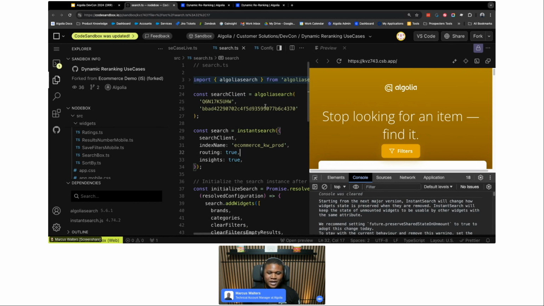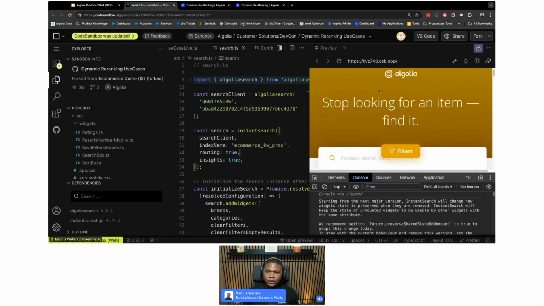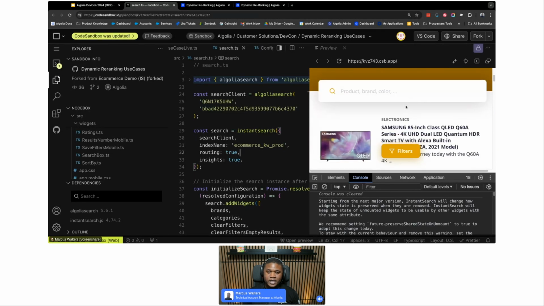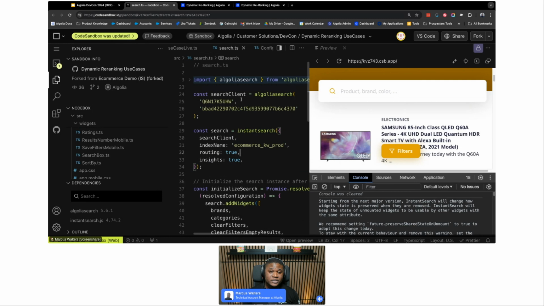your screens. I have a code sandbox here that has a lot of things going on, but what I want you to at least take away from this is that a code sandbox here will just have all of the front-end code that will allow us to load up an example implementation here for Algolia. So in this case, it's leveraging the same index that we had seen in the previous part of our workshop thus far. And we're able to see all of the code with respect to Algolia's JavaScript InstantSearch implementation